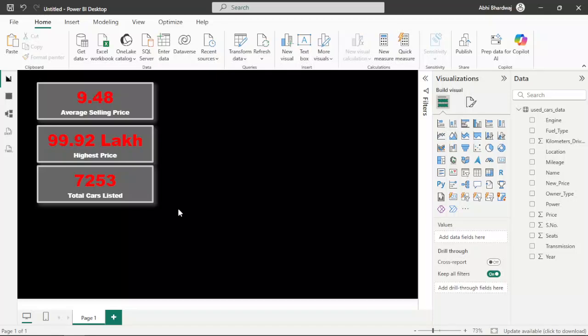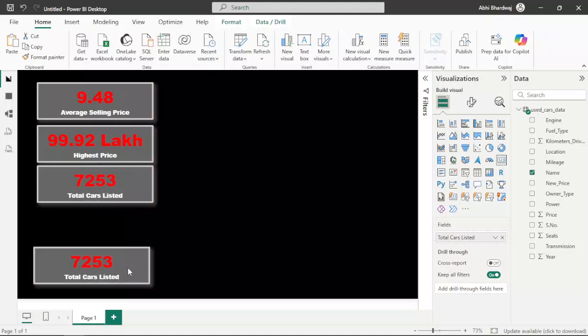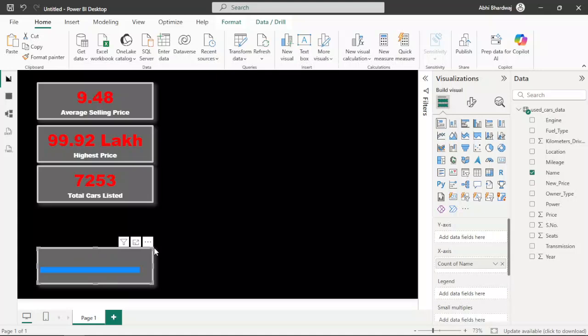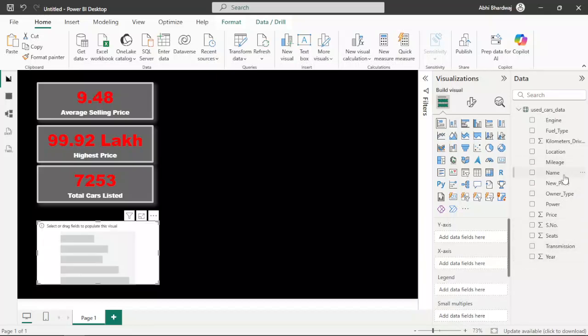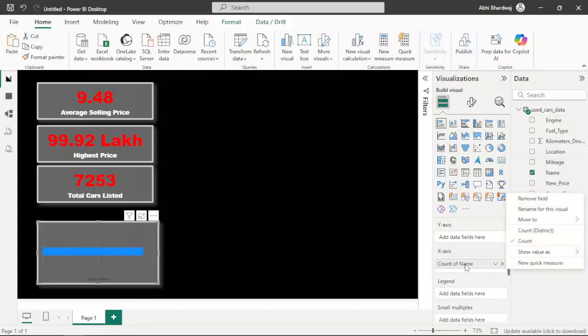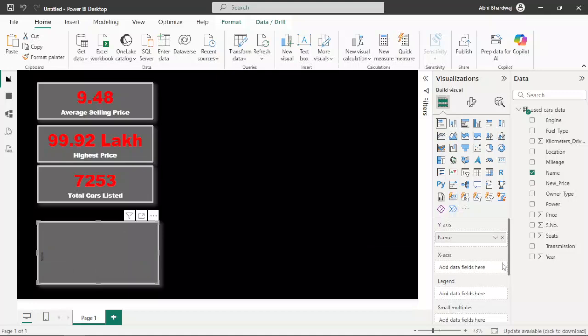Okay. Now let's come down to our first visualization, which is going to be a bar chart. Okay. So in the x axis, let's have name or brand. Or in the y axis, and let's have